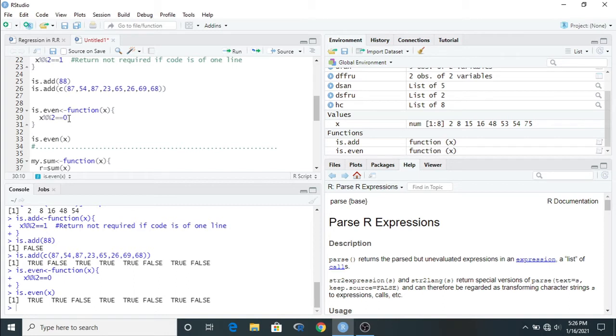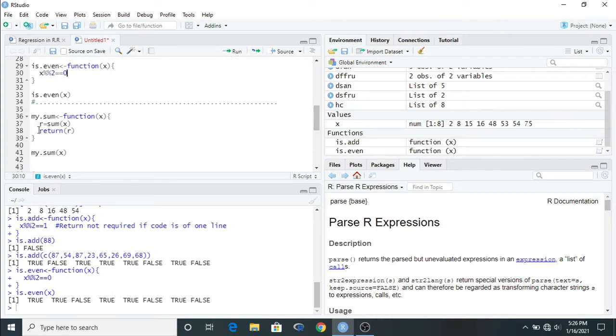Okay, but this is a one line code, or the body of the function is simply one line. If the body is longer, then we have to put another code that is known as return. Now the function has a name, then the input of the function, then the body of the code, then which item or which result we want to return as the output.